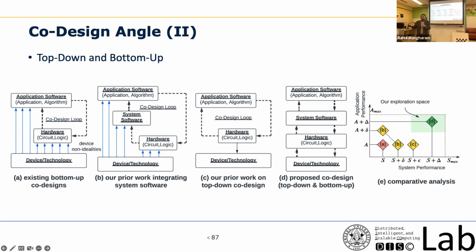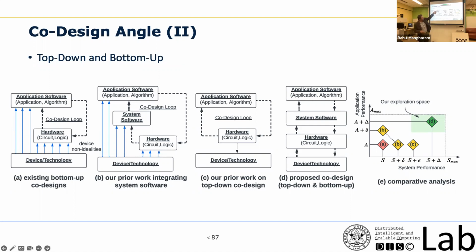You can do circuit-level optimizations to reduce variability, which typically comes at a cost of extra hardware. Or you can do algorithm-level variability reduction, which comes at a cost of lost application accuracy. But we have shown that system software can tackle all these things very easily. So why compromise on the hardware and the software when you can optimize the system software? That's where we build the system software inside the loop.